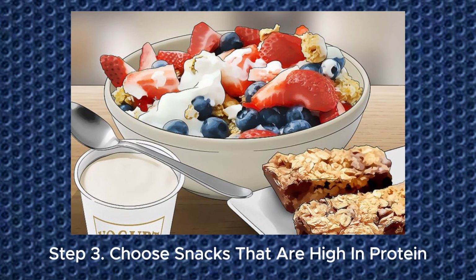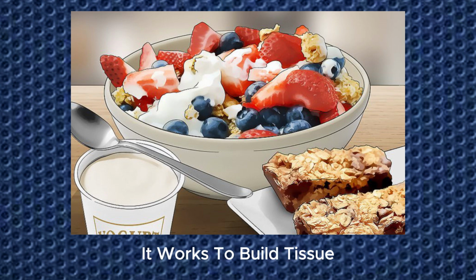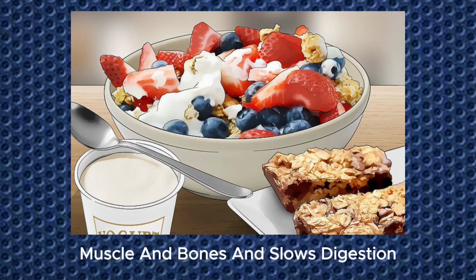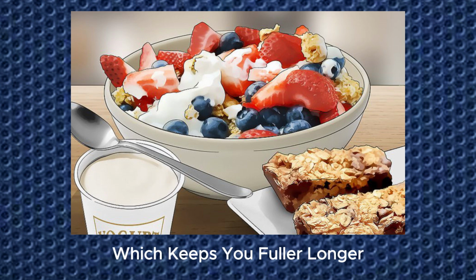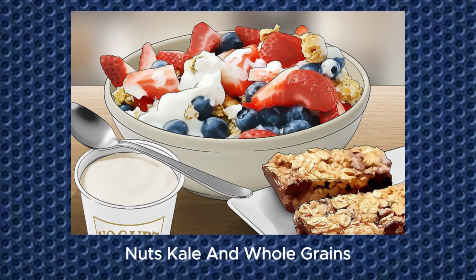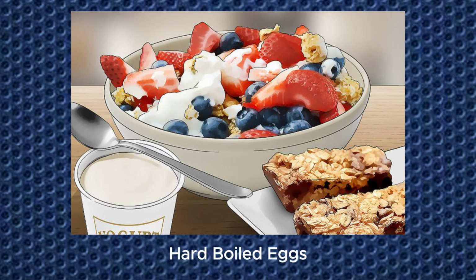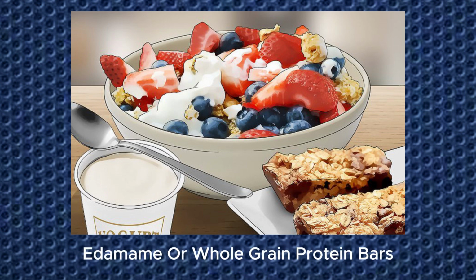Step 3. Choose snacks that are high in protein. Protein is an essential part of a healthy diet. It works to build tissue, muscle, and bones, and slows digestion, which keeps you fuller longer. Foods high in protein include fish and chicken, beans and legumes, nuts, kale, and whole grains. Try low-fat or non-fat Greek yogurt with granola and fruit, hard-boiled eggs, Justin's peanut butter packets, cheese sticks, edamame, or